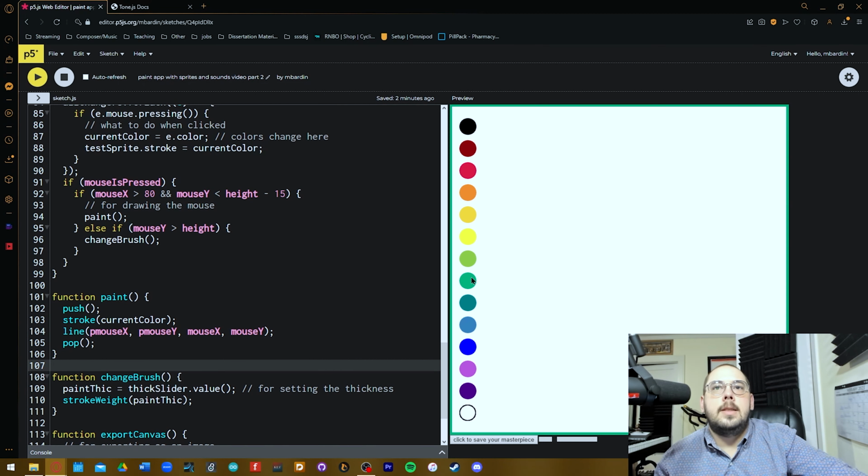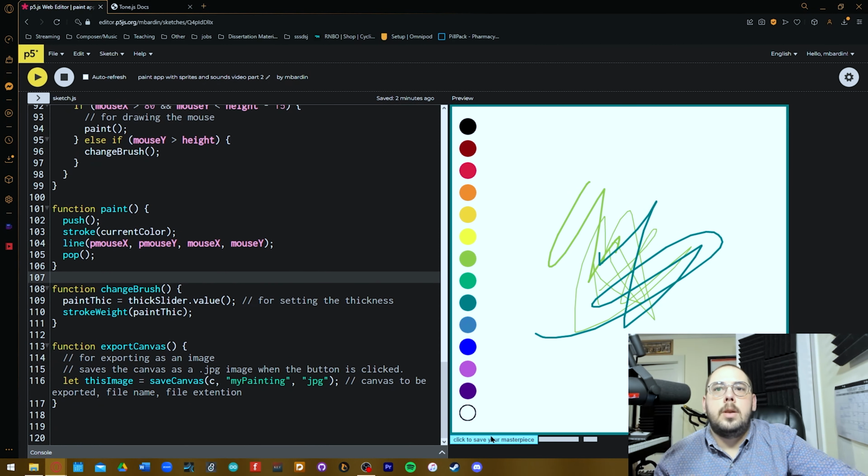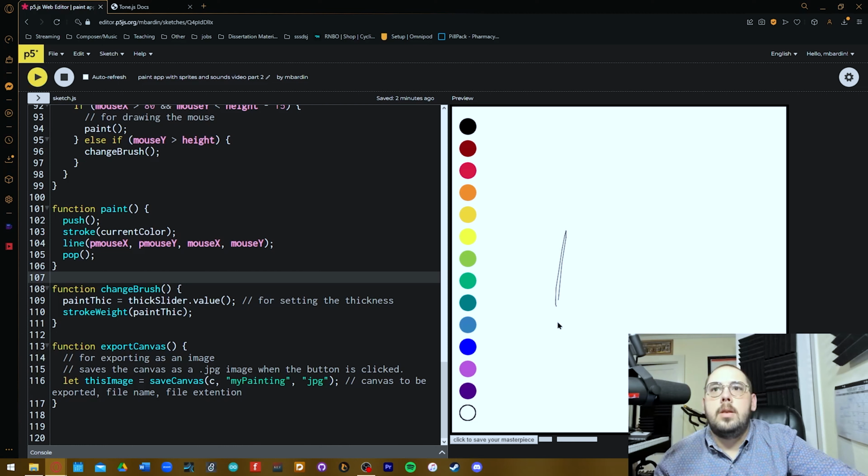Everything else is identical. We've got this big transparent sprite that changes colors to tell us what we're painting with. We can paint. We can make it thicker and keep painting. Woohoo! And we can export it. Did I not refresh my code? There it is. We can export it